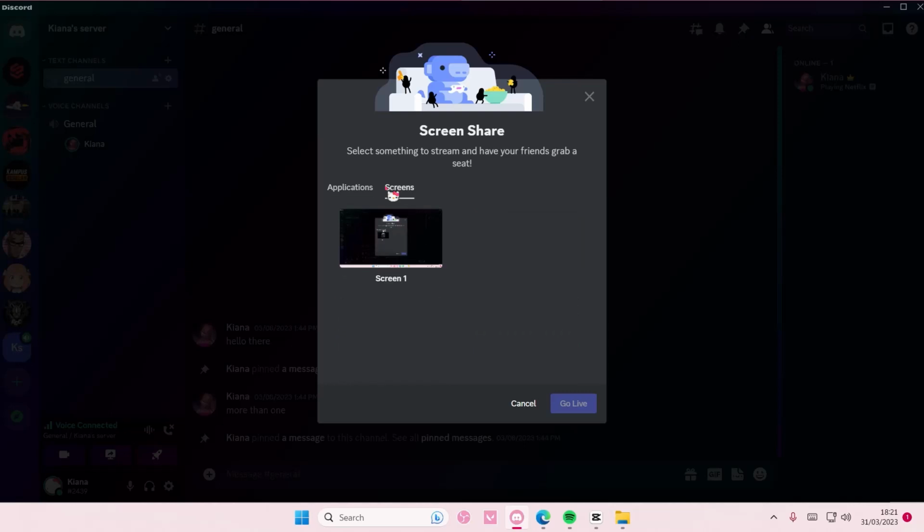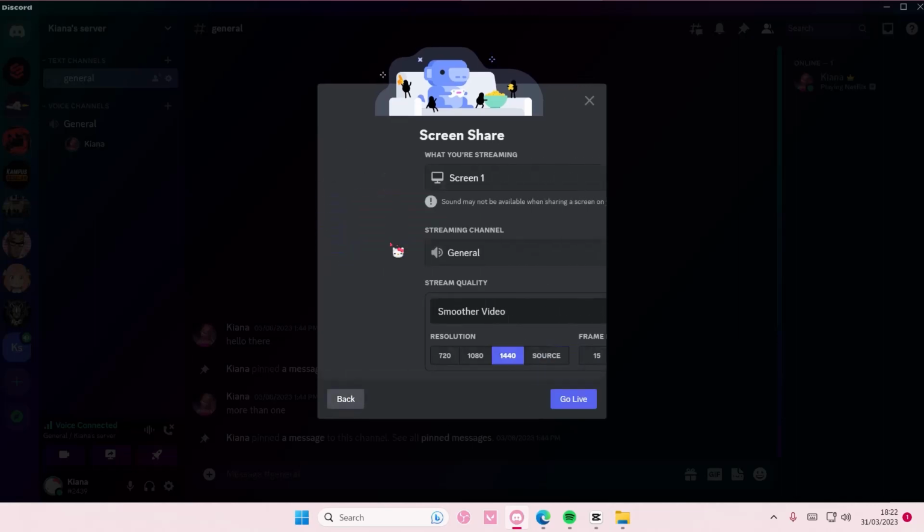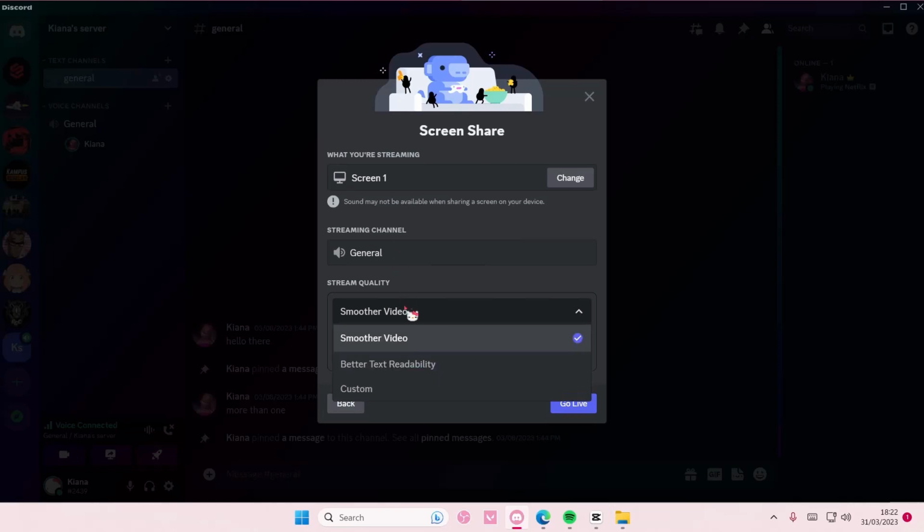So if you get out of the application, it will pause the stream, so people won't be able to see your chats or something like that. So I'm just going to select screen for mine. You can adjust the stream quality. There's also the resolution here. This might not be available to you if you don't have Nitro, but I do, so I'm just going to